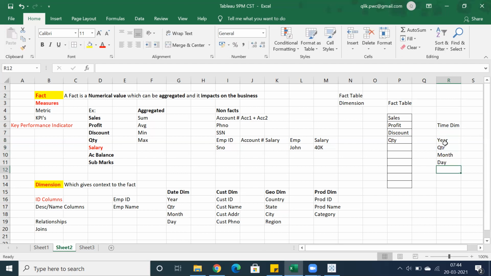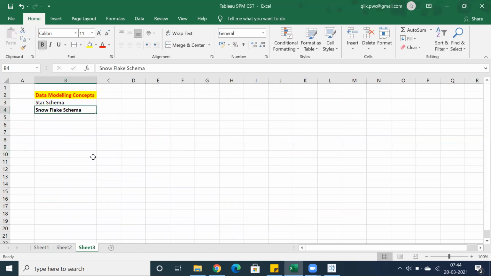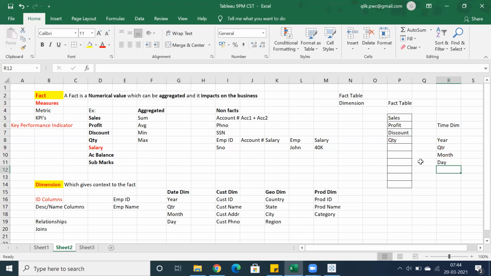I'm going to give you more details when it comes to data modeling concepts, which is almost the same. But let's say I have a dimension table. In a dimension table, we have only dimensions, which might be ID columns or description columns. But in a fact table, we have both facts and key columns. I will explain what a key column actually is.